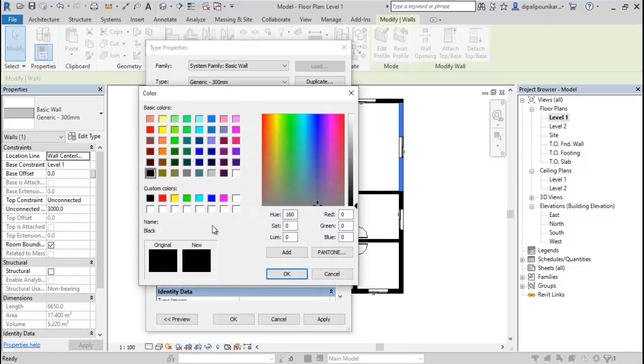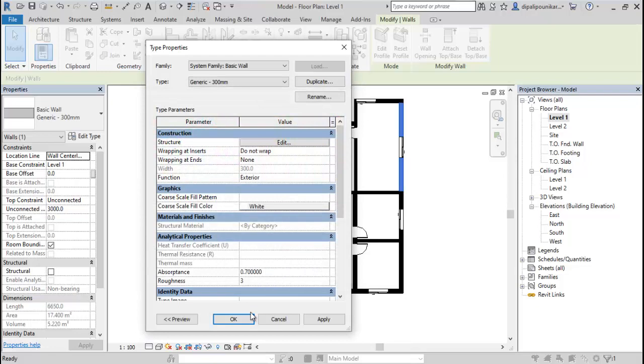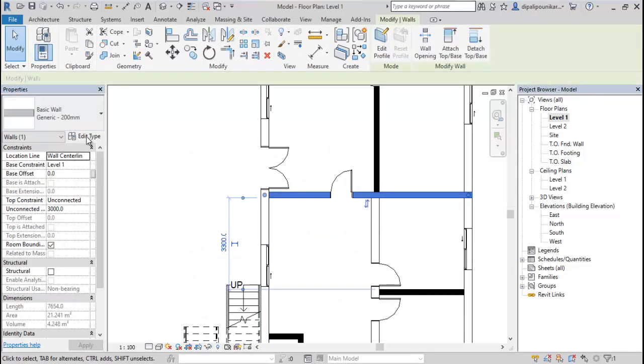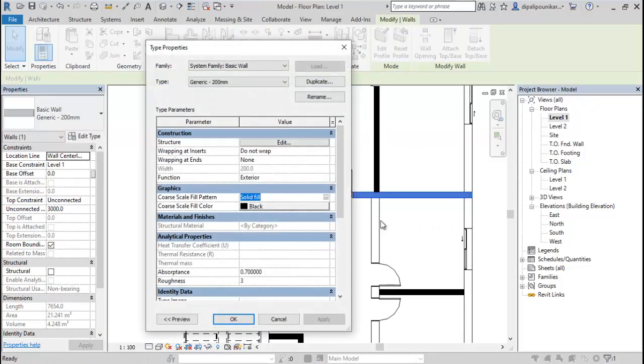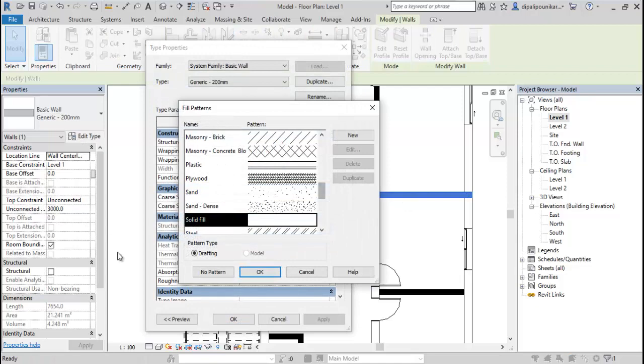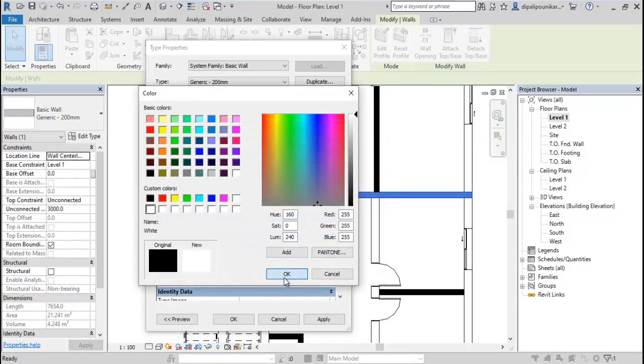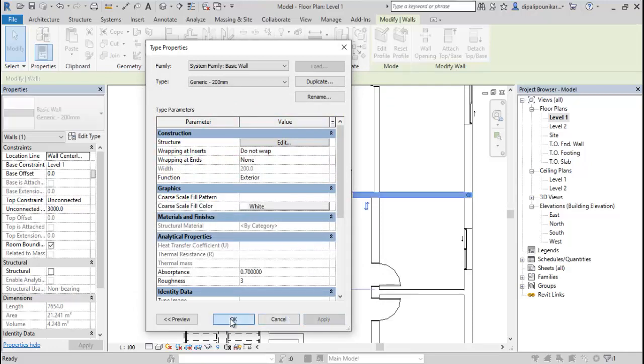Here you need to apply. Like this, it's very easy to understand. Last time a person asked me, that's why I put this solid fill over here. But don't worry, you can do the changes like this, as I have shown you over here.